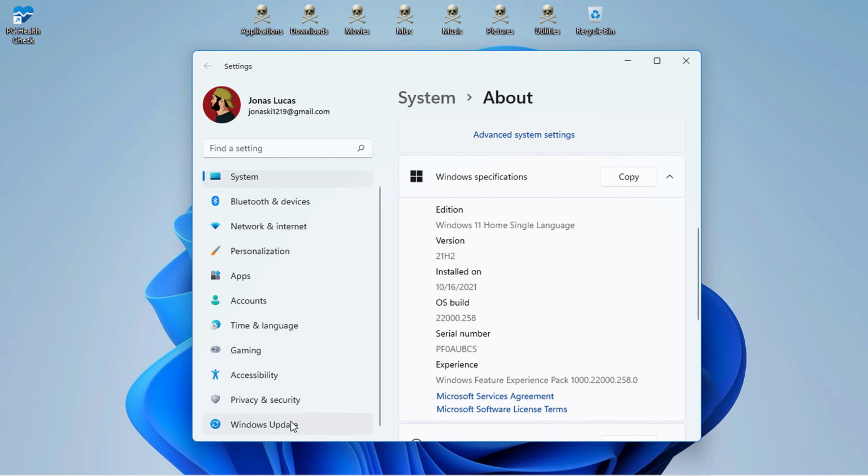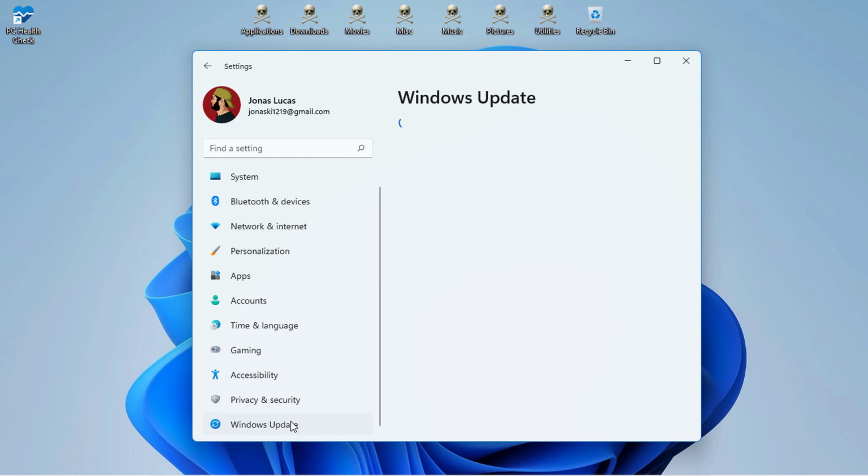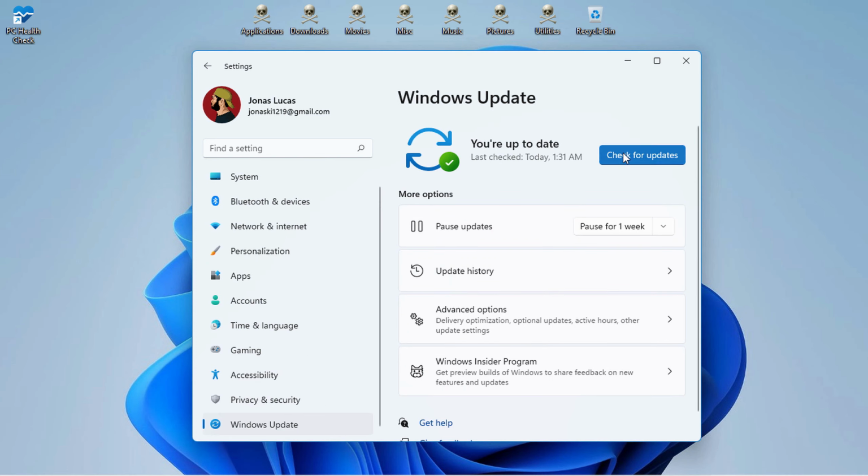Let's test if updates are working as well. I don't really know if Microsoft will block the updates for unsupported installs in the future or not, but for now it looks like this is working and running so smooth. Hopefully this helps for people that do not want to perform a fresh install, but rather want to upgrade their existing Windows 10 installation to Windows 11.